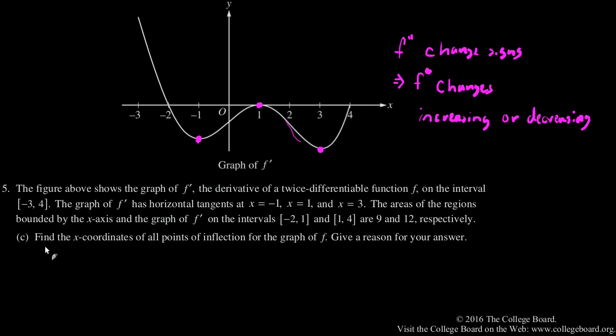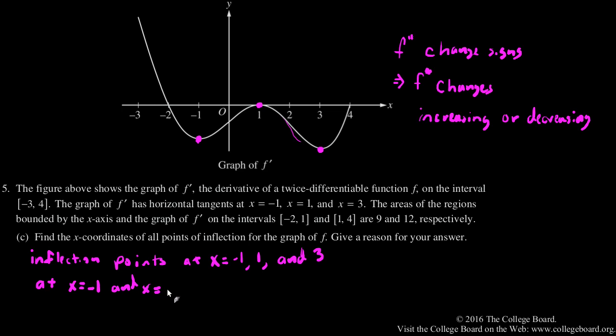So the x-coordinates of the inflection points will be at x equals -1, 1, and 3. And we have inflection points at -1 and 3, so at x equals -1 and x equals 3,